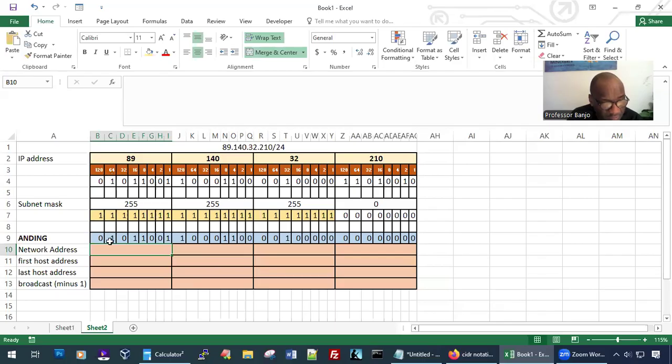So you can compare here 64 plus 16 plus 8. Same thing, so this is going to be 89. 140, this is the same. You got 128 plus 8 plus 4. That's about right, so that's going to be 140. And I come over here. This is also 32. So that's 32. So here's all zeros. So that's your